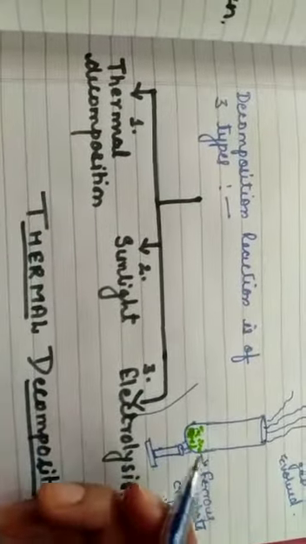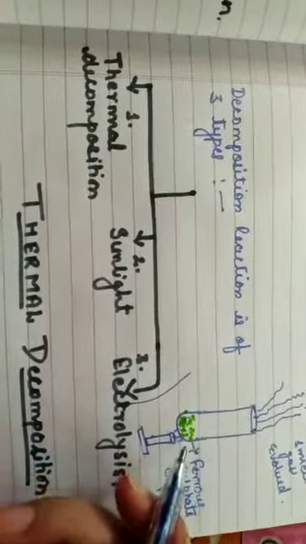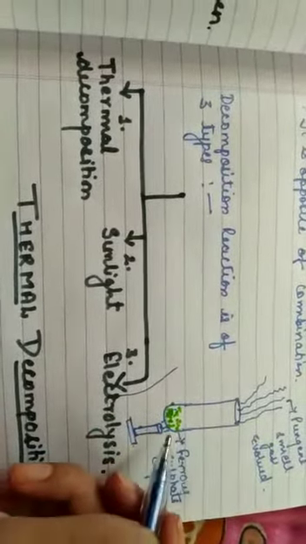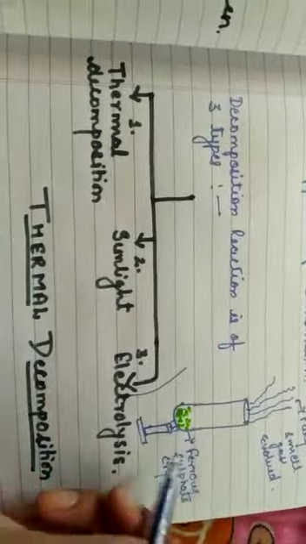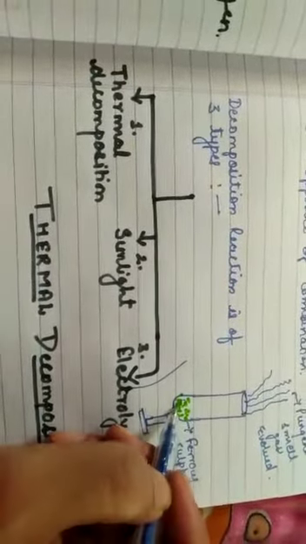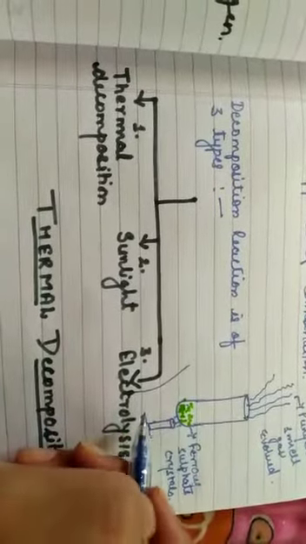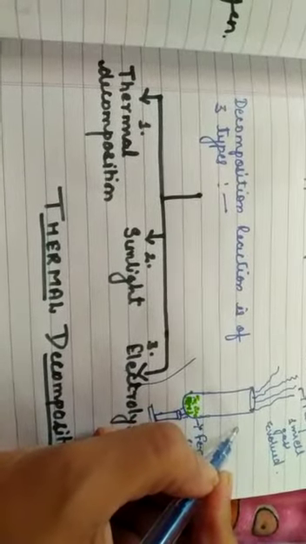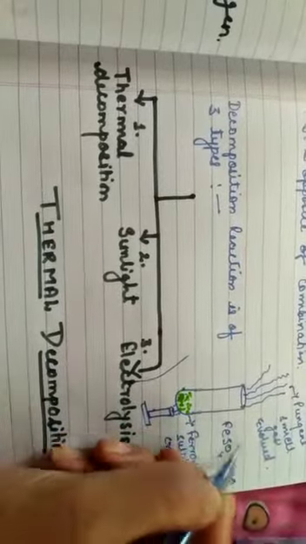Okay, we will perform an experiment that we will perform in lab also. We will take a test tube and we will put some crystals of ferrous sulfate. Ferrous sulfate crystals are green in color. And the next important thing is that it has 10 molecules of water, that is FeSO4·10H2O. That means ferrous sulfate has 10 molecules of water.